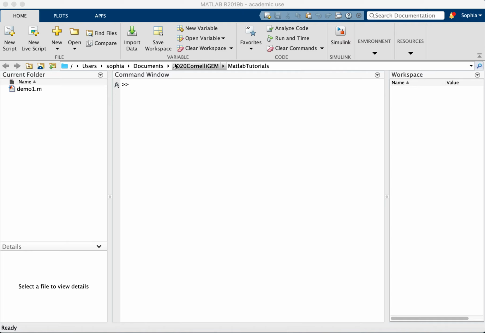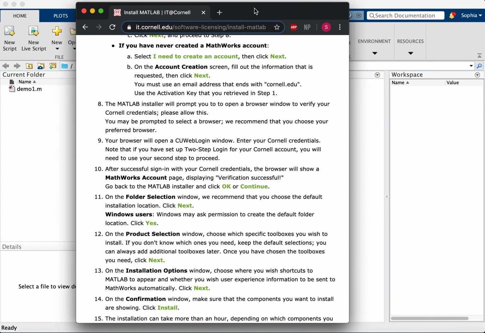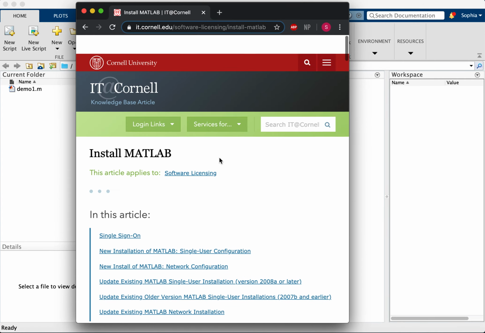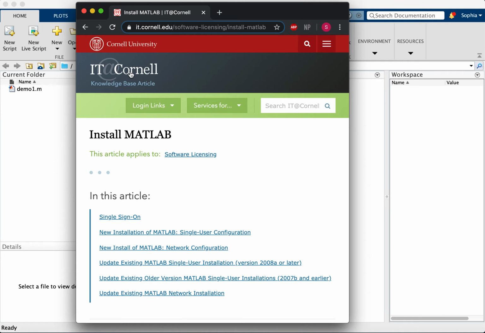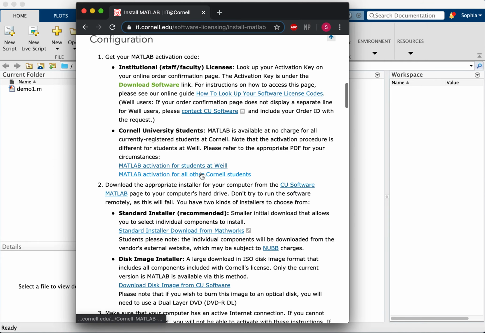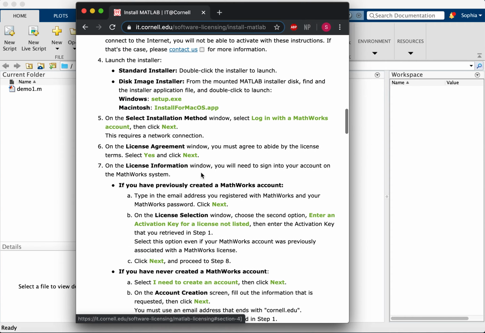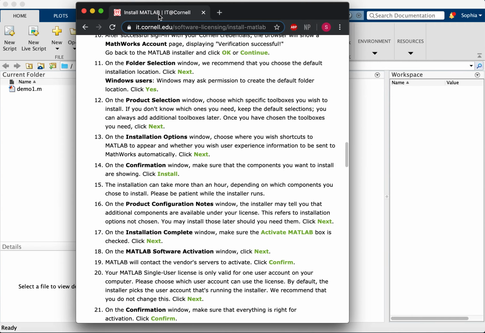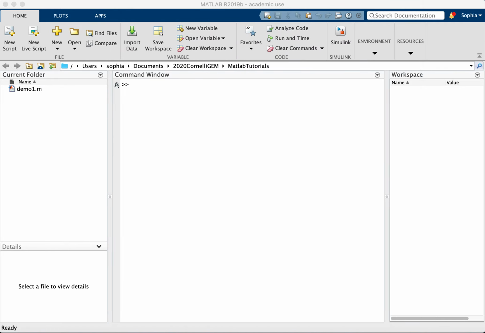So I am currently assuming that you have already downloaded Matlab. If you haven't already, go to this site. It's on Cornell IT. Just Google search Cornell IT install Matlab and you will find it. It has very detailed instructions for how to download Matlab. So if you haven't done so already, pause this video and go to this website and make sure you have